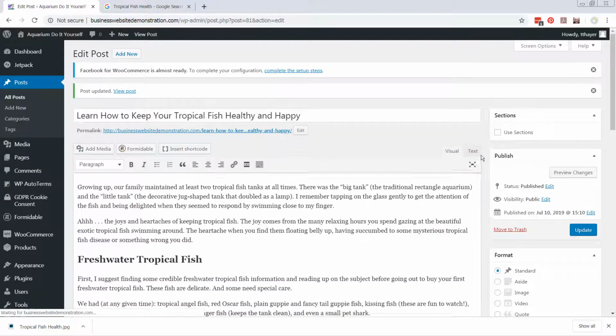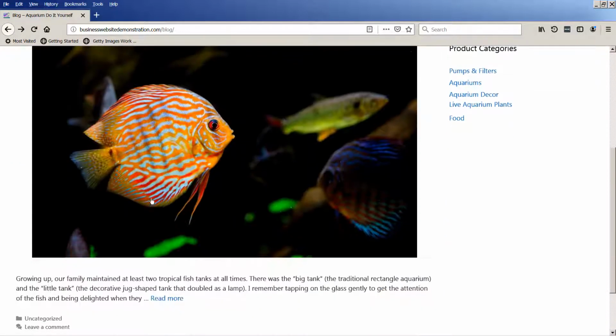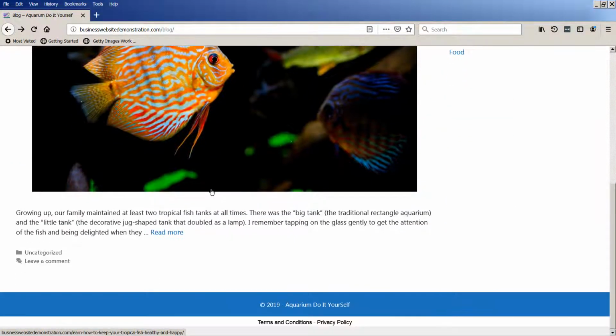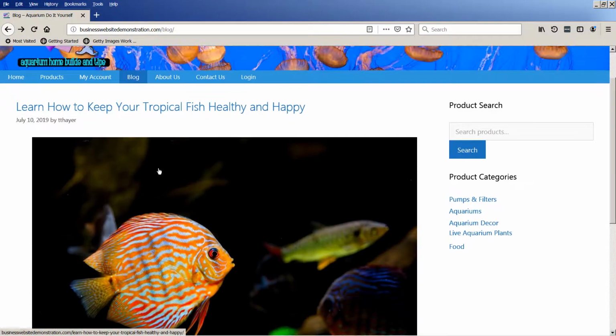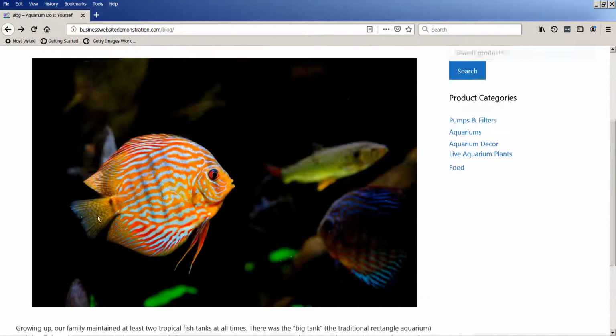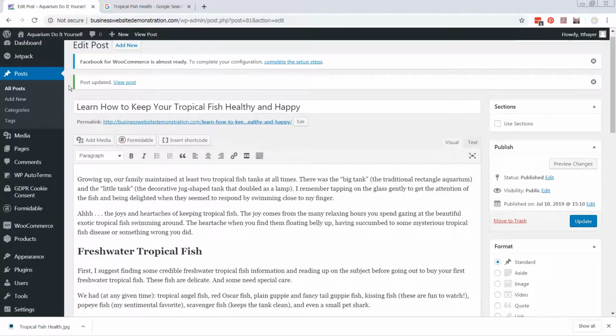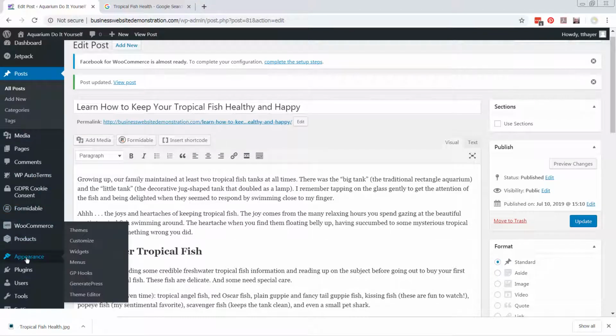blog post, okay? So if I save it and I update it and I come back into here, it's going to look like this, okay? So it's a little big, okay? It's not what we really want. So how do we take care of this? Okay, so what we do is we go back to appearance, and we go to customize,